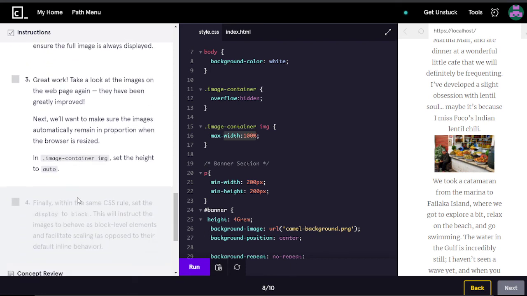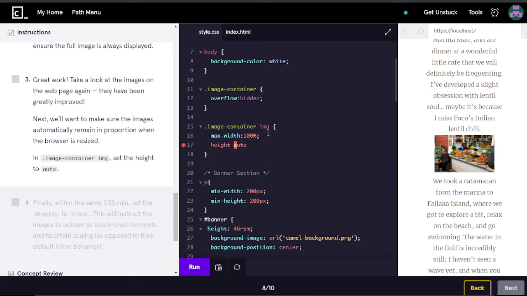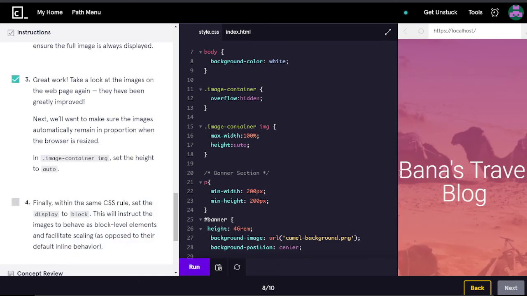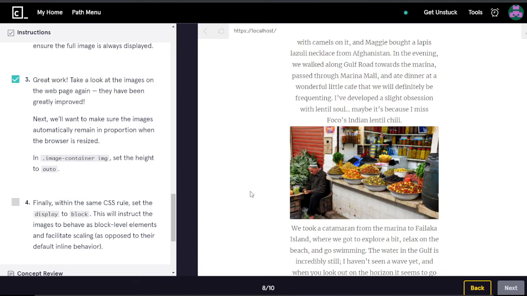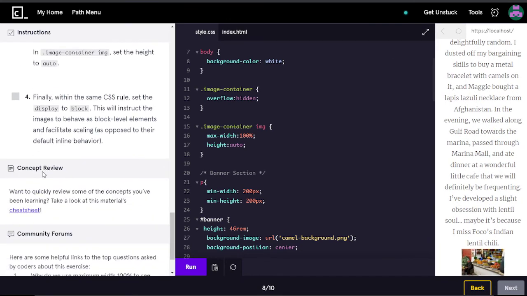Great work. Take a look at the image on the web page. They have been greatly improved. Next, we want to make sure the image automatically remains in proportion when the browser is resized. So in here, we set the height to auto. Now let's see what that does. Was there any difference? It doesn't look like there was a difference to me. But anyways,